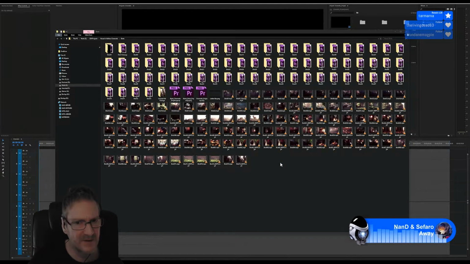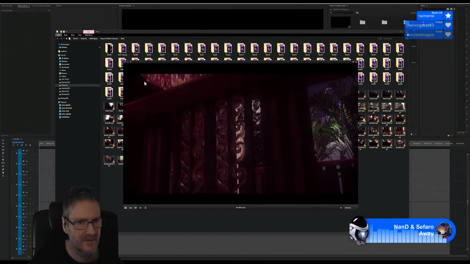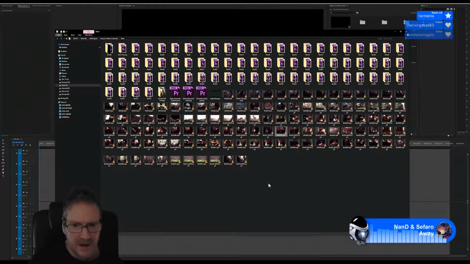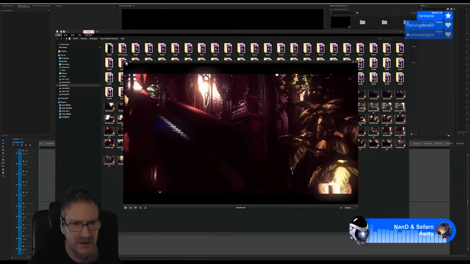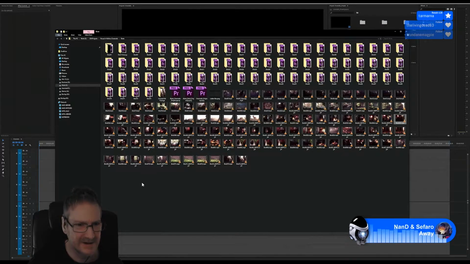Shot 52, I believe we're in the central stairwell. Yep. So shot 51 and shots... I think we start with shot 45. Yeah, no. 46. 46, okay.